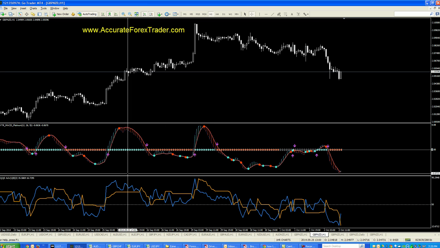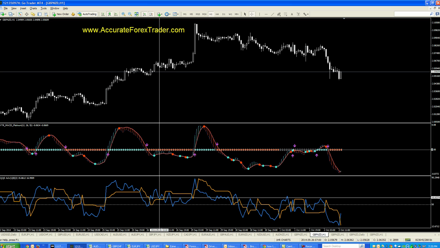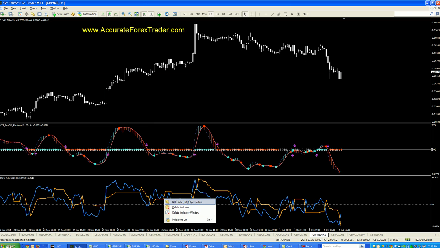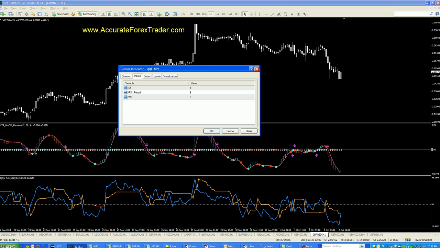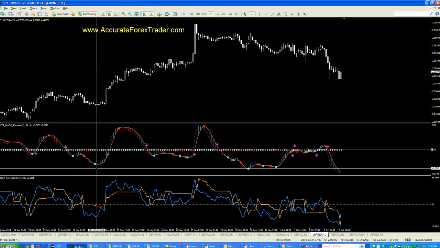But then the second indicator, this one down the bottom, the QQE Advanced. Settings on this, I just use basic default 183. This is a custom indicator too. Both of these indicators, if you just contact me through my website, I'm more than happy to give you these indicators. So both of these indicators basically have to act in sync, which means, for example, I've got a blue